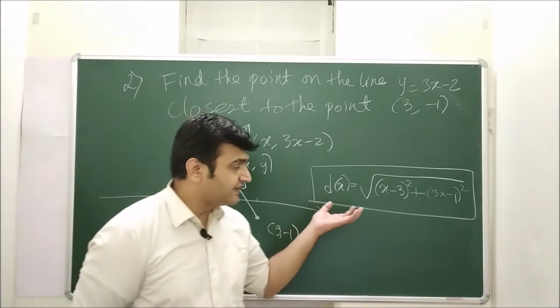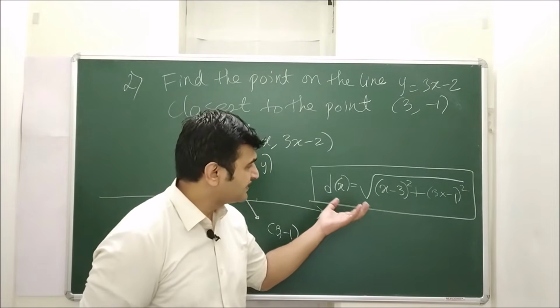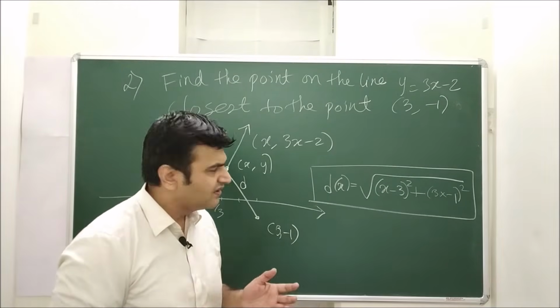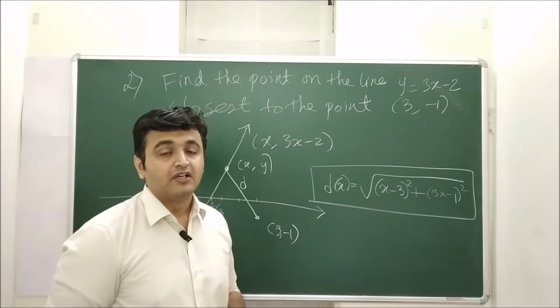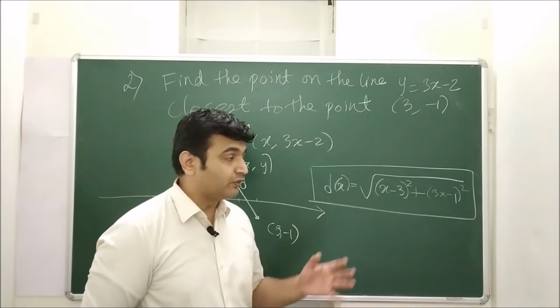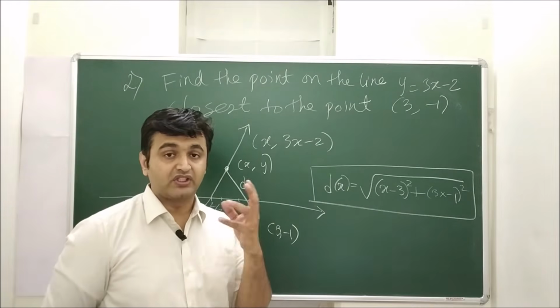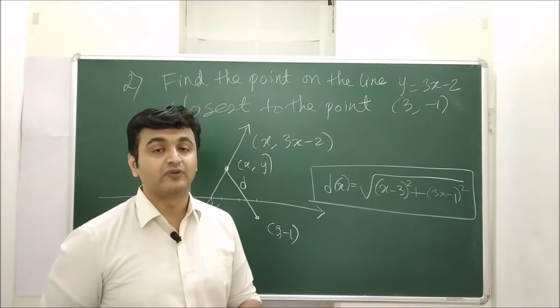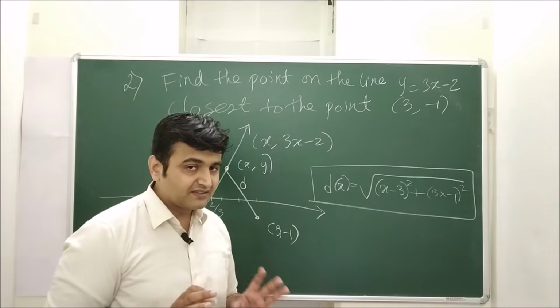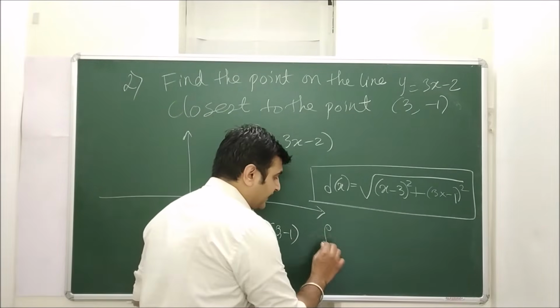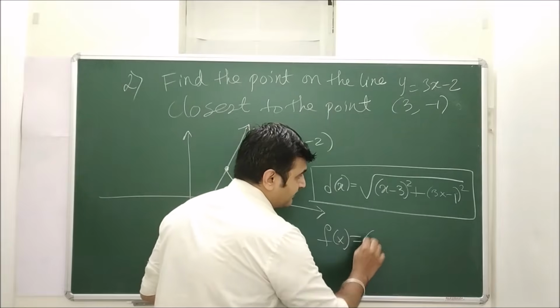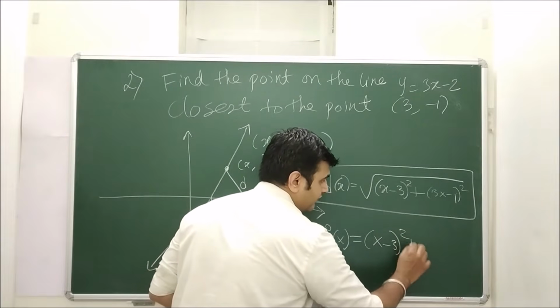Now either you can play with this function, but you can see this is a bad function. Bad as in there is a square root in the picture. So when you try to take the derivative, you will have 1 upon 2 root x, because the derivative of root x is 1 upon 2 root x. So just to make my calculation simpler, let me take f of x as the term inside the square root.